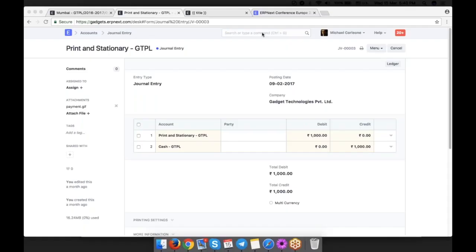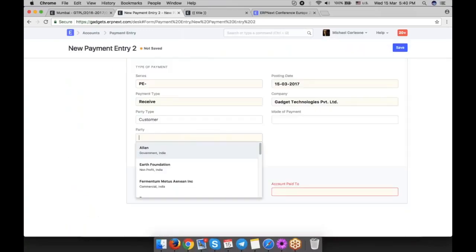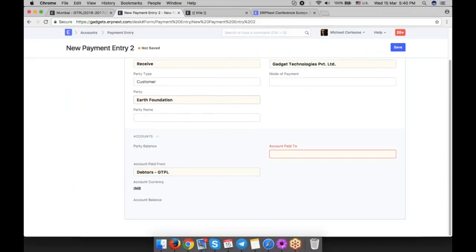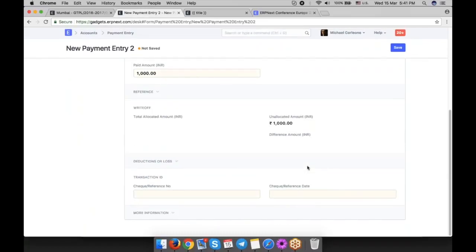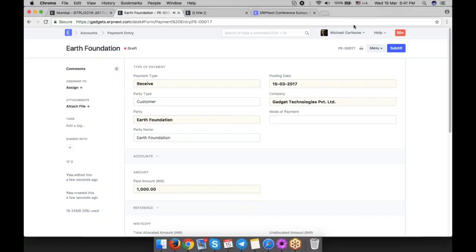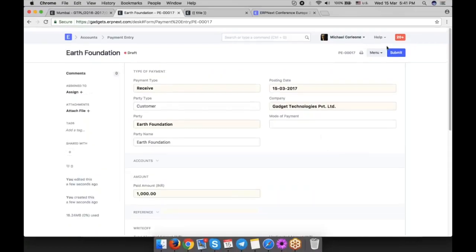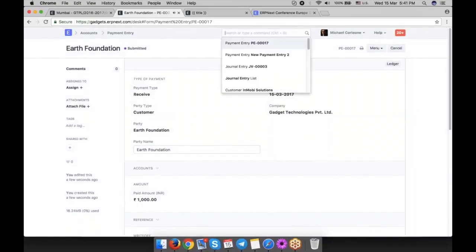How can we receive advance from customer? Just make a new payment entry, select the customer, enter the payment amount. No need to define references if it's an advance payment, and then you'll be able to allocate it again in the sales invoice. So let's say this is the one advance payment entry. It's not allocated against any sales invoice. And now when I'm making new invoice